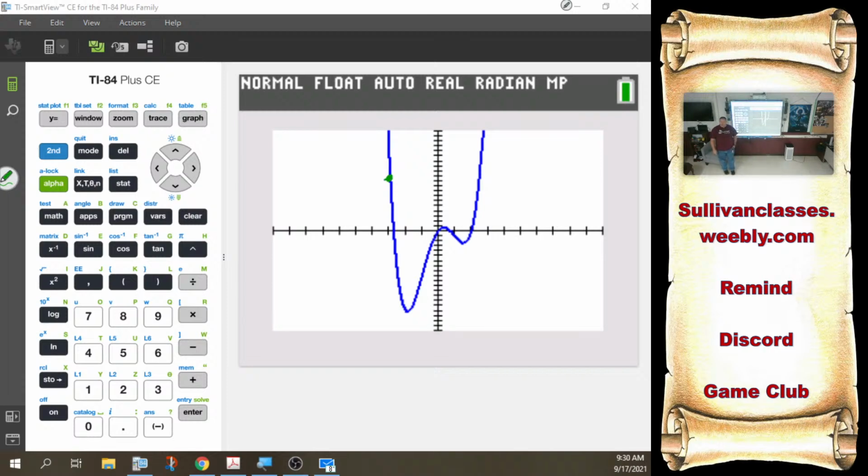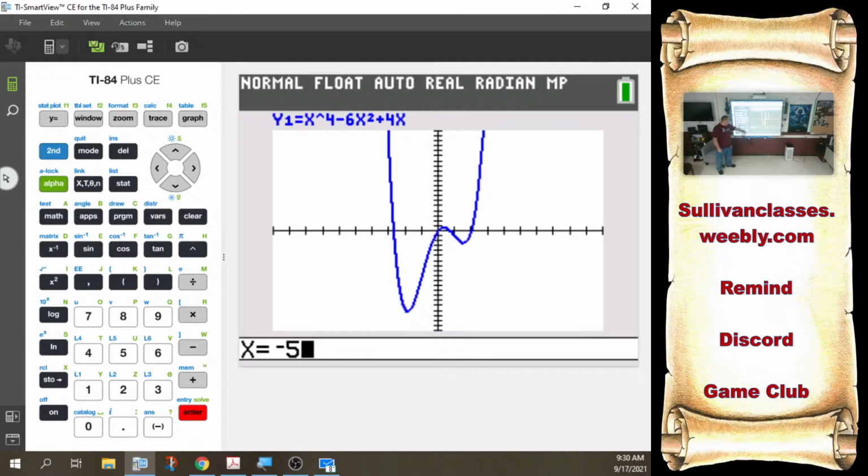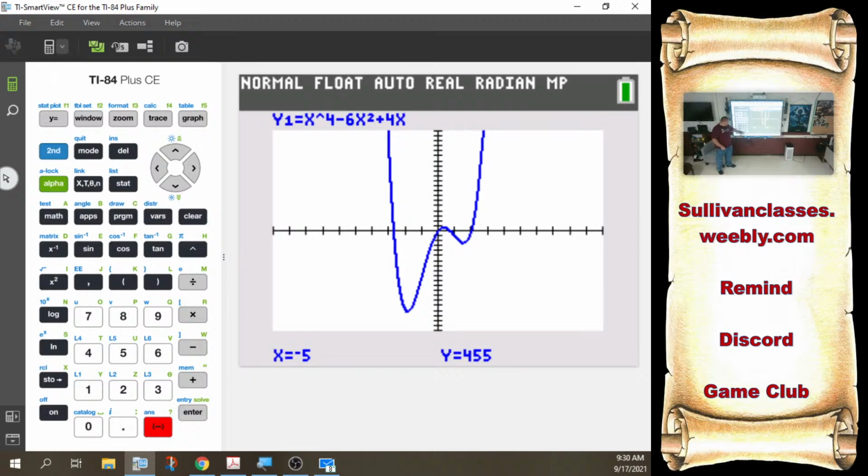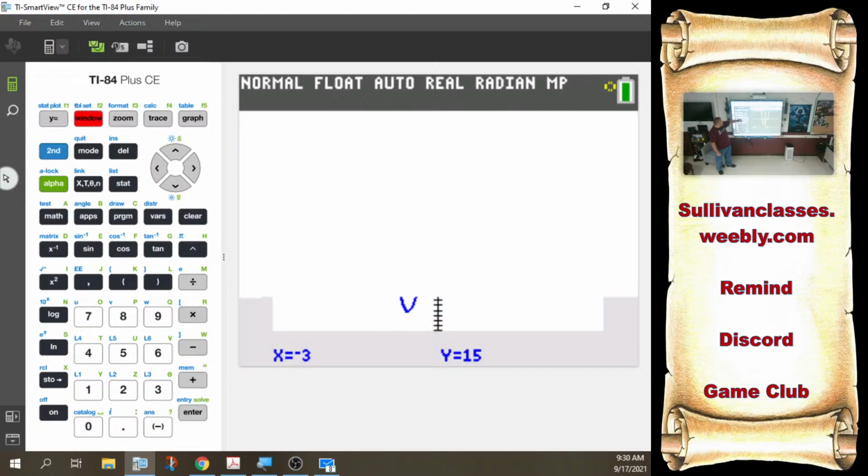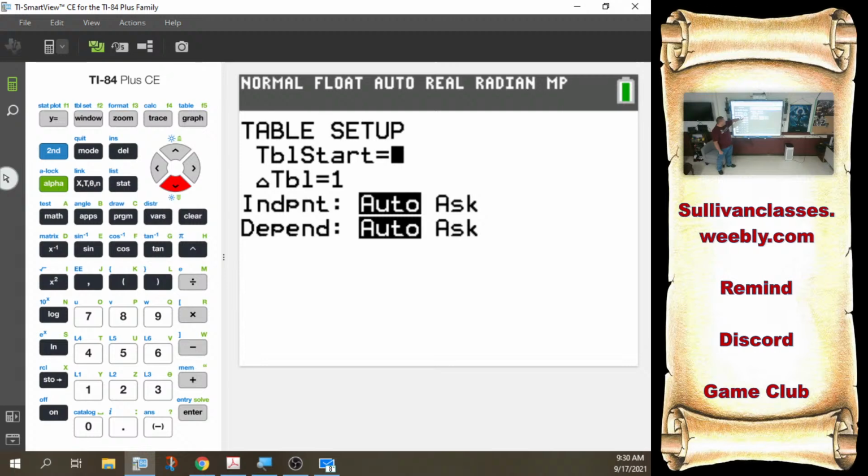How do I find that? Well, option 1, because I have it on my screen anyway, how about I trace to -5? And then to -3 to find my values that way? Or, if I'm back in that ask mode in my table,